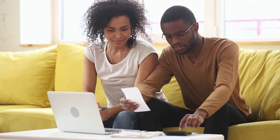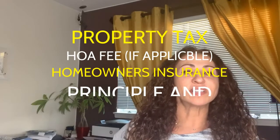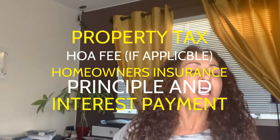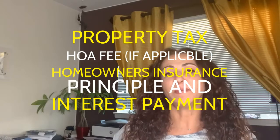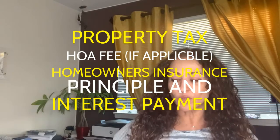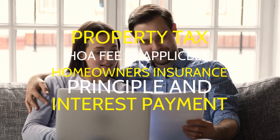We do have to take into account that each house will have its own amount of property taxes and so on, but you could use an average, let's say $5,000, as the real estate property taxes, and ask your mortgage broker to give you a breakdown of the monthly payment. Take into consideration that you will have your principal and interest to pay, your property taxes, your home insurance and stuff like that, because I'd hate to see